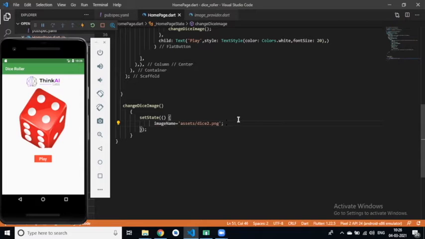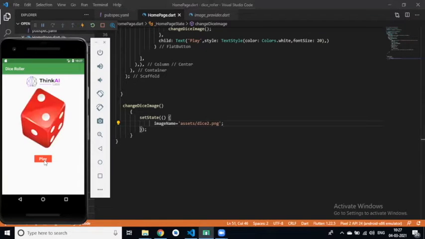Understand? So if I reload this, and if I click on this button, then what will happen? Dice 2 should reflect. And now if I click on play, nothing happens because we have already set dice 2, right? Understand?